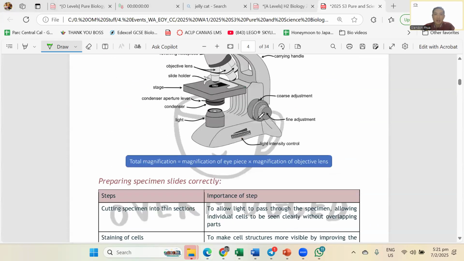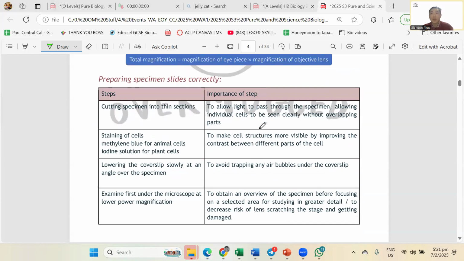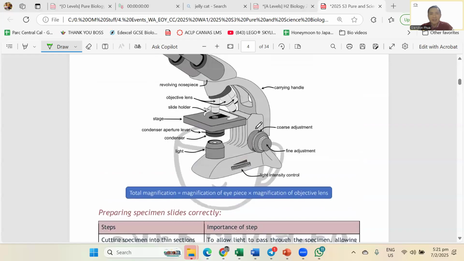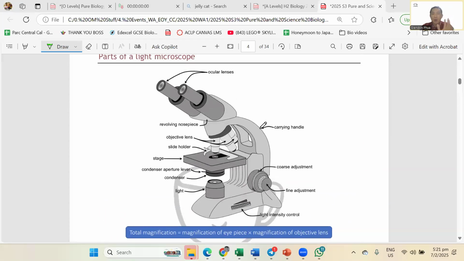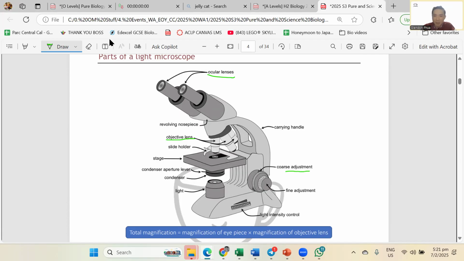Clear? Now, this one over here, generally, they will test you more in practical. But in WA, if they want to test you on some of the parts, what they like to test you on mainly is, what is this thing here called? It's the lens. Then, where do I magnify and change things? That would be my objective lens. How do I adjust the thing? It will be the adjustment knob over here. So I have the big one called the coarse adjustment knob, the very small one called the fine adjustment knob. But for all intents and purposes, if your school has not let you touch a microscope, or hasn't really taught this a lot in your tutorial work, that's a hint. Probably not going to come up for WA.